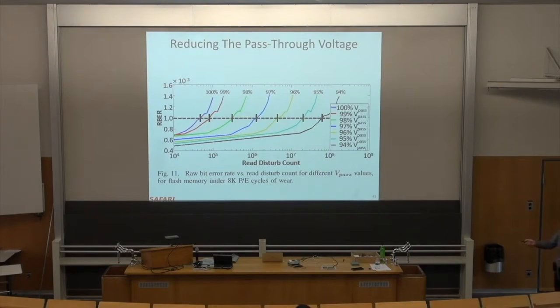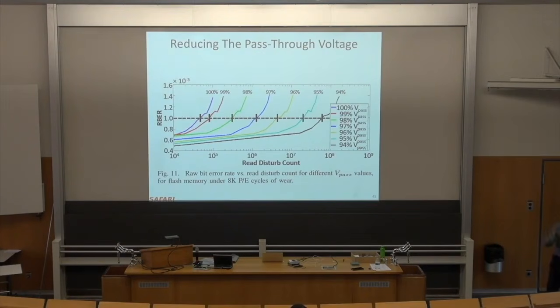And let's assume that this is the tolerable bit error rate over here. So if you apply the 100% pass-through voltage that's applied today, which is basically the highest level, 5 volts, let's say, your bit error rate looks like this. You reach the uncorrectable bit error rate very quickly. In other words, your tolerable read disturb count is very low if you pick this pass-through voltage and if you pick this ECC. Right? You basically have a tolerable read disturb count that's less than 10 to the 5,